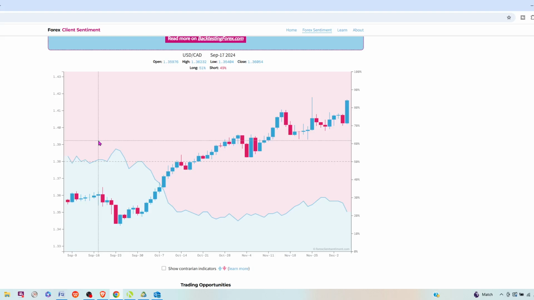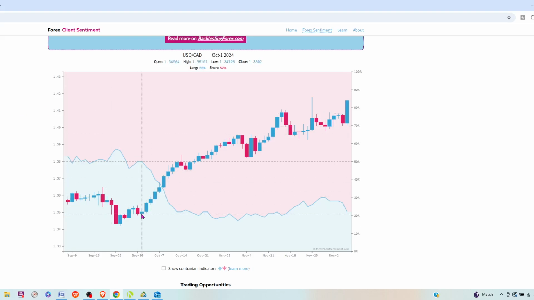So what I like to do with this is I want to see the percentage ratio up here be at least 60-40, one way or another, 60% long, 40% short, or vice versa, or higher: 65-35, 70-30, you know what I'm saying. If it's anything less than 60% on either side, let's say it's 50-50, 55-45, to me that's a sideways market. It's pretty well balanced long and shorts, and probably the market's not strongly trending in one direction or the other.